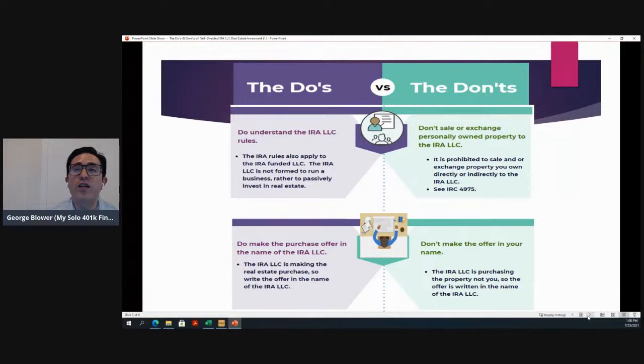And I would also, again, just to focus a little deeper on the indirect comment, you also cannot indirectly sell property with your IRA LLC. So for example, you can't get creative and say, well, I'm going to sell it to my neighbor and then have my neighbor sell it to my IRA LLC. That's a step transaction. That step of adding your neighbor would just be ignored, and it would be analyzed as if you had directly sold it to your IRA LLC. So that's not going to be possible.